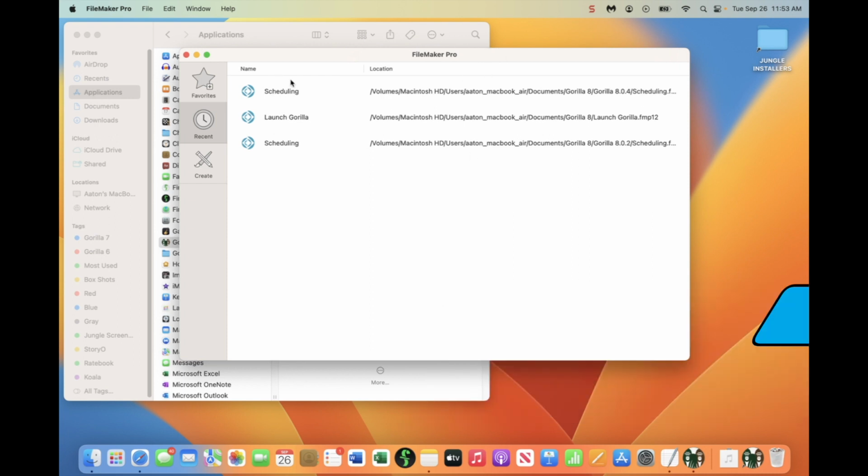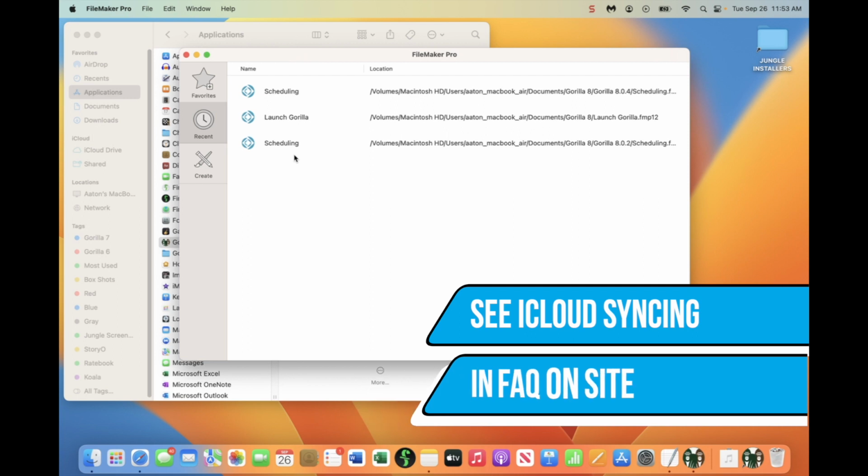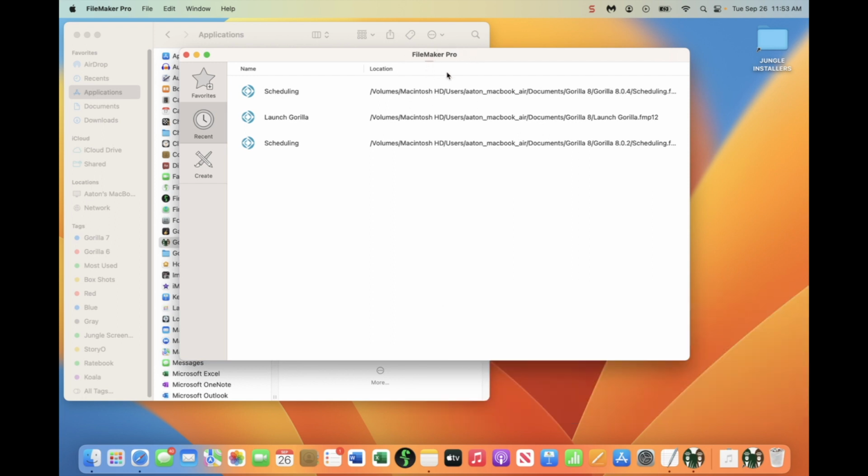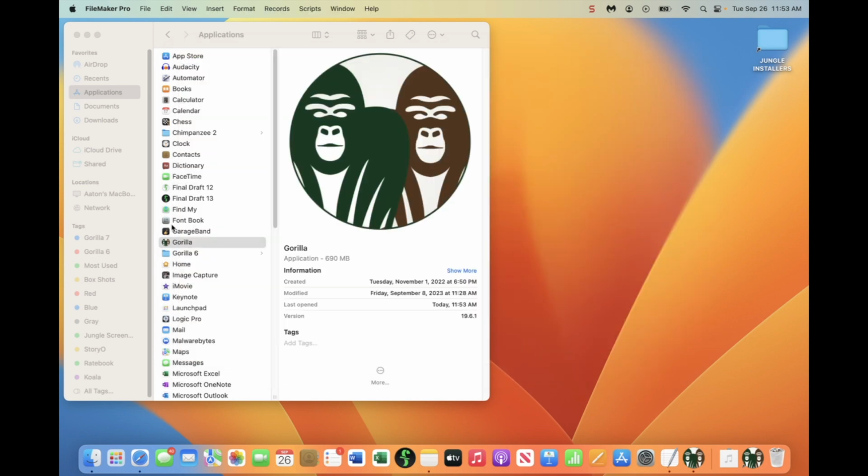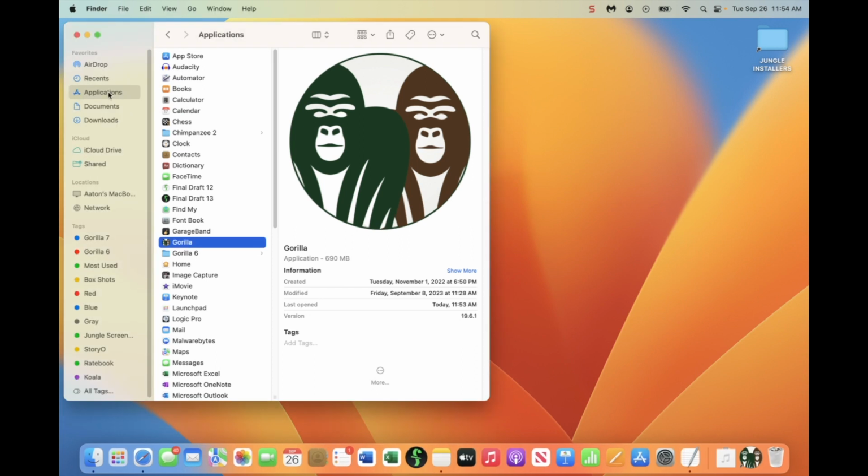And these are actually some of the Gorilla files. You might see these, but even though if you click on this, it will probably launch. This is not how to fix it, so I'm going to show you how to fix it. But FileMaker is the back end to Gorilla, so you're halfway there. But again, it's not launching because your Mac is not allowing access to documents, and I'm going to show you that right now. So if I close that, or let's actually quit FileMaker,